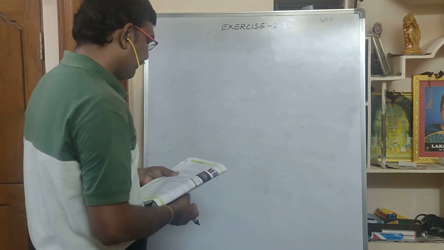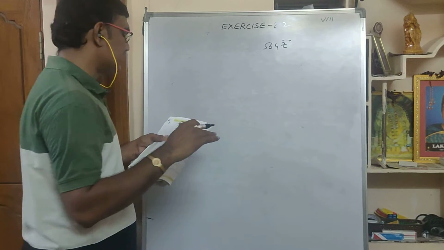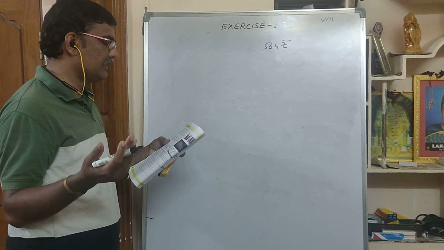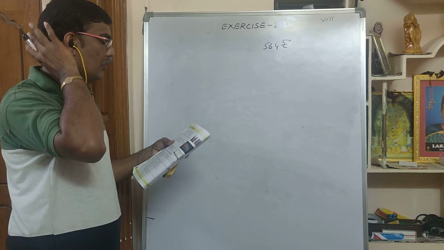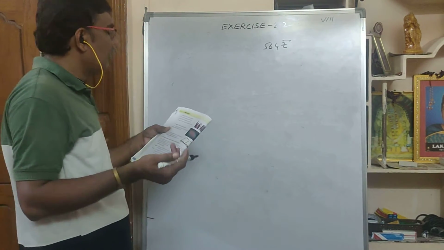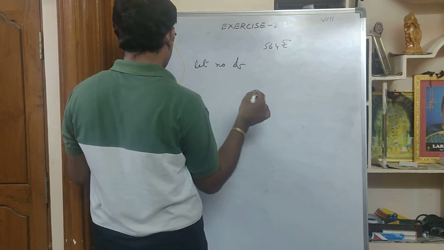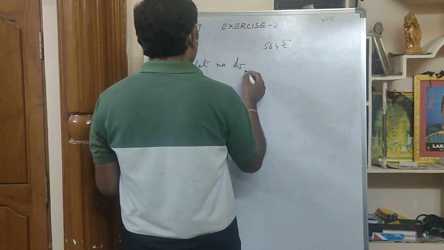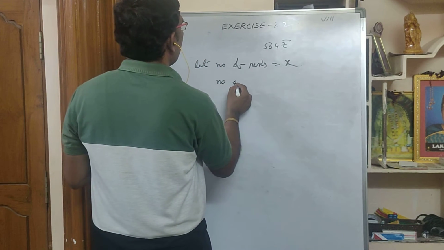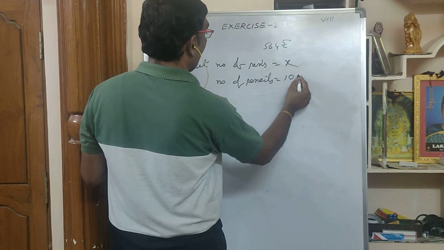Now we'll see here. A person spent 564 rupees. So pencils and pens both he purchased, and he spent how many rupees? 564 rupees. So total number of things bought was 108. So pens and pencils combined, 108 are there. Let the number of either pen or pencil, you can assume anything. Number of pens, if you assume as X, so number of pencils becomes 108 minus X.